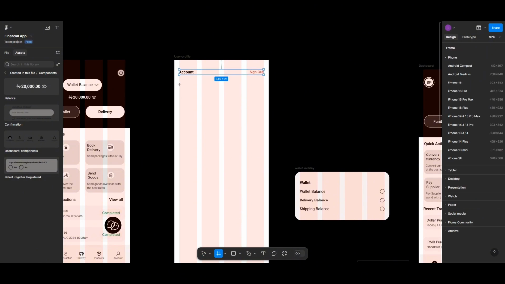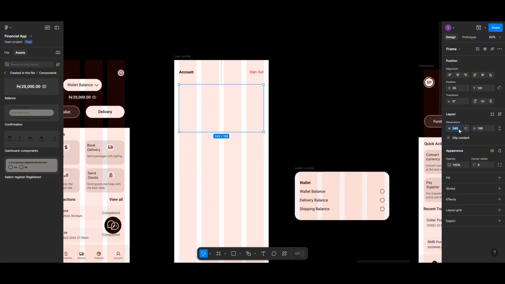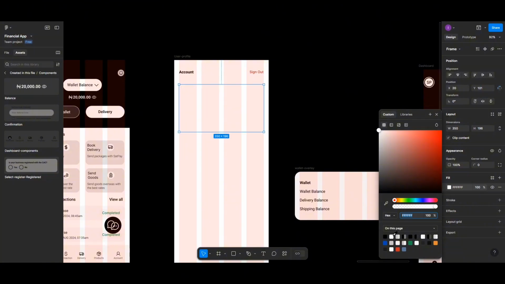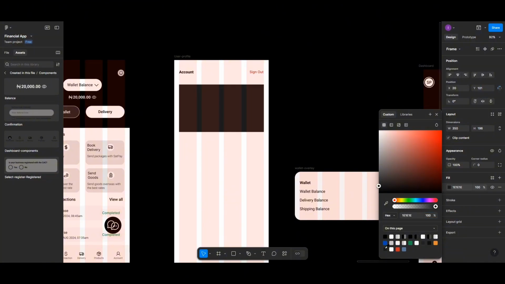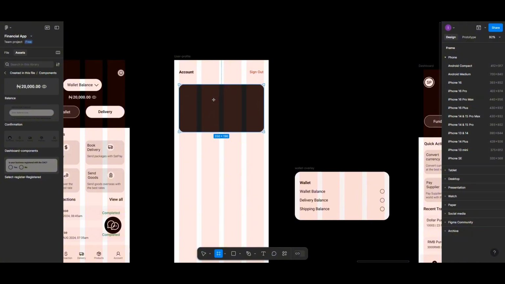So let's take another frame and draw it. That is going to be 350. Okay, then let's give it background fill of dark, that is the 01 YE1EYA. Then give it a corner radius of 20. Okay, now in this frame, let's take another frame